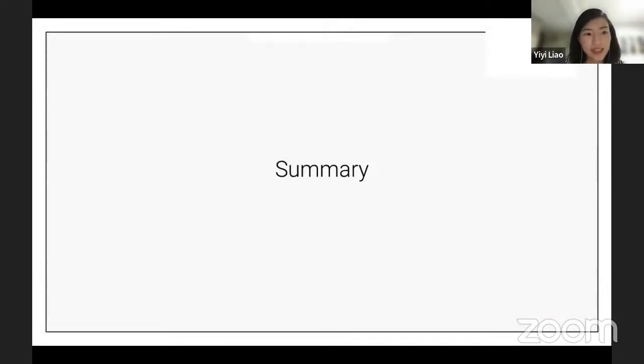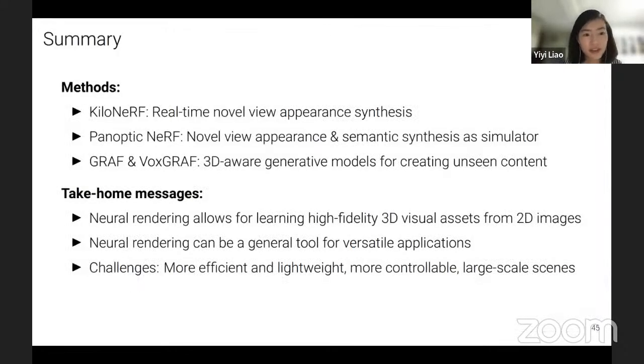As a short summary, I introduced KiloNeRF for accelerating novel view appearance synthesis, Panoptic NeRF for novel view appearance and semantic synthesis, and two 3D-aware generative models for creating unseen content. And a few take-home messages. Firstly, neural rendering allows for learning high-fidelity 3D visual assets from 2D images, which is quite powerful. And one more thing is that neural rendering can be a general tool for versatile applications, including simulation or